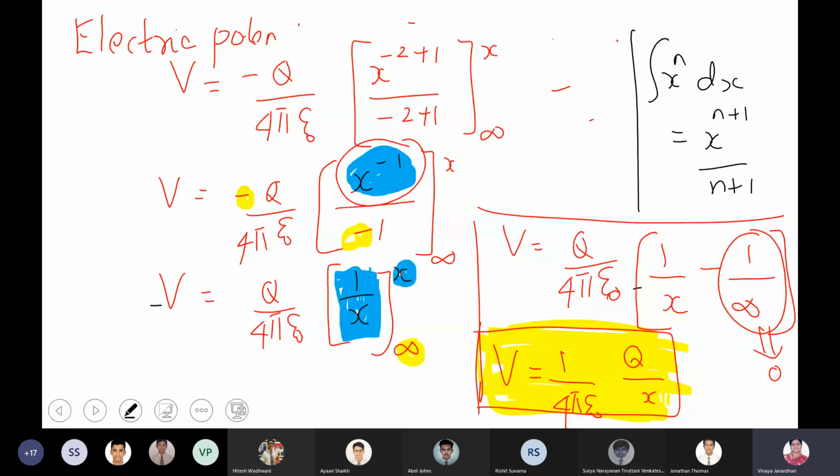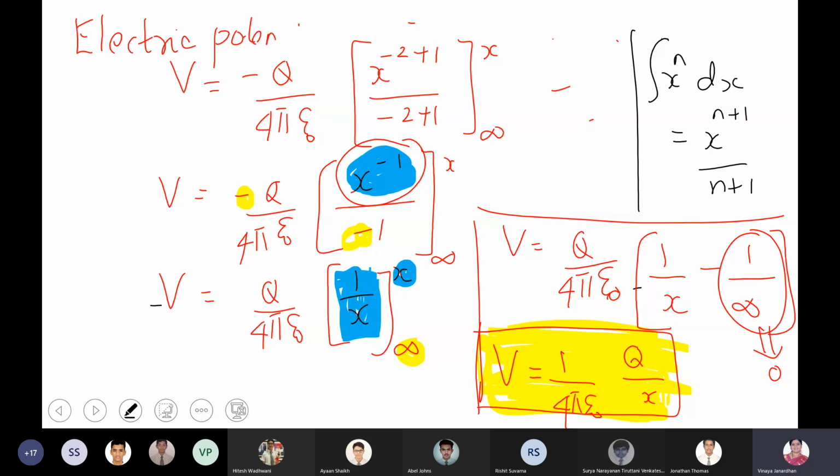Okay, next comes a very large, very huge derivation for a dipole. It takes at least 4 steps to derive the electric potential at any point due to an electric dipole. We'll do it stepwise. Is that clear, boys? So what will be the SI unit of electric potential? Can someone tell me?